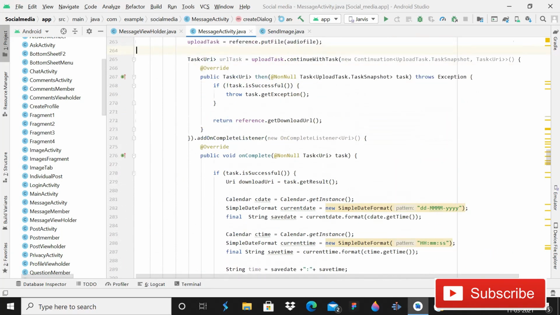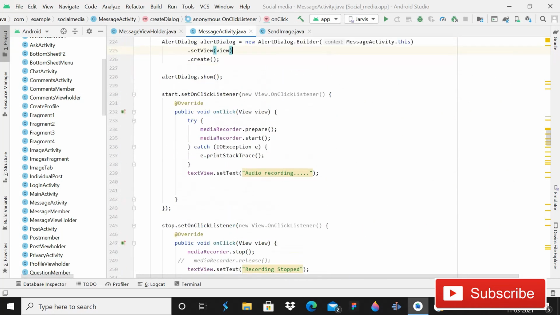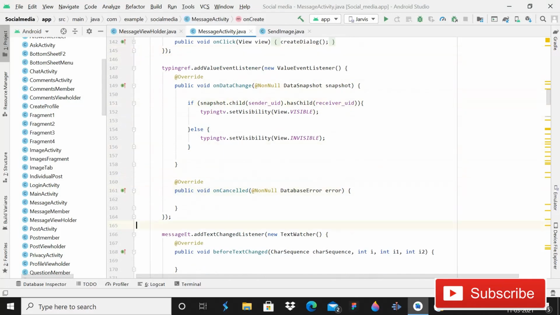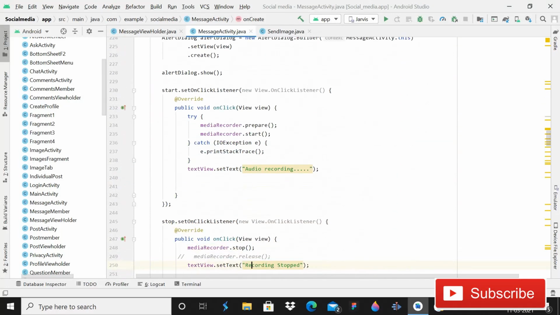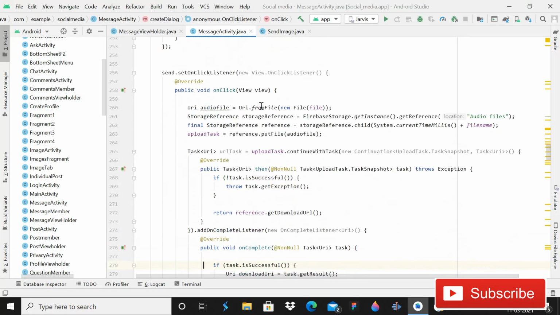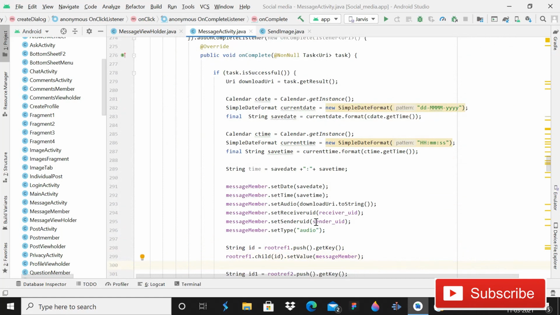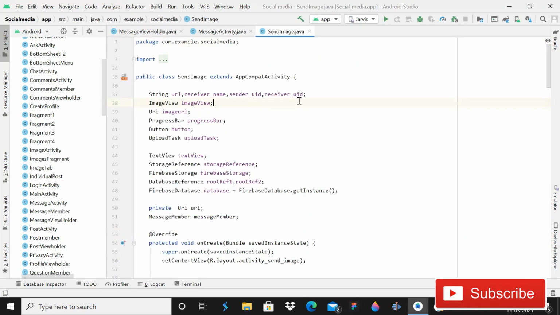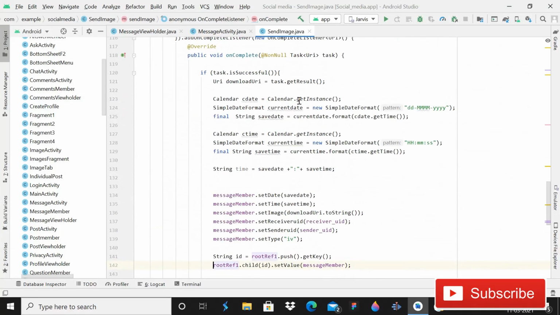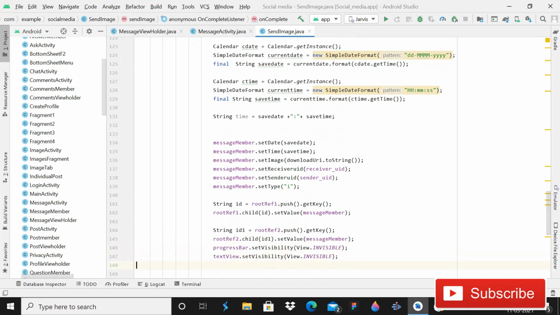The reason is that when the string is long, it takes time to validate, and when you give a single letter, it is easy. So when we upload the audio, you can see that this is an audio type, and you have to give a. Now open send image. Here we are uploading the image, so you have to change the type of the image. We had iv, but instead you can give i. Keep these patterns and types in your brain, just remember them.